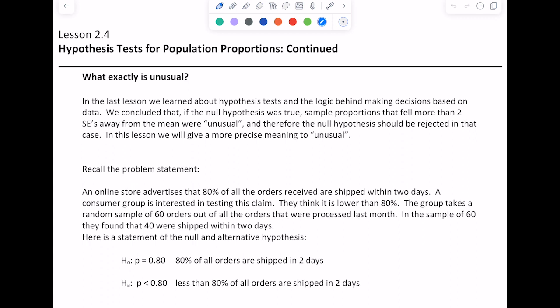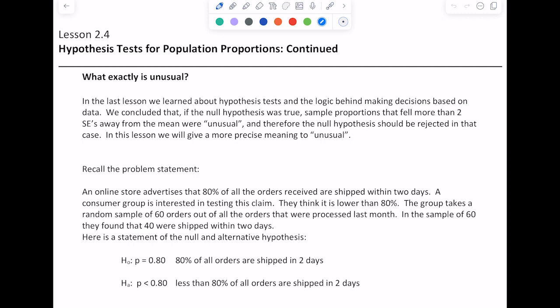In the last lesson, we learned about hypothesis tests, and we concluded that if the null hypothesis was true, sample proportions that fell more than 2 standard errors away from the mean were considered unusual, and therefore the null hypothesis should be rejected in that case. So, what does unusual actually mean? We're going to look at another way to determine whether we should reject the null hypothesis or the claim that's